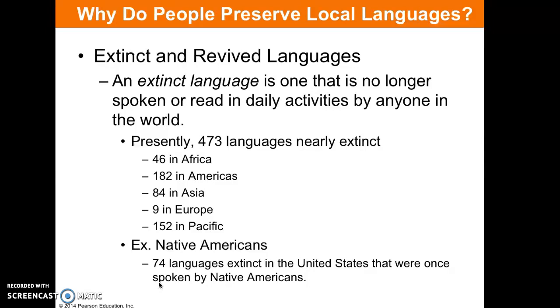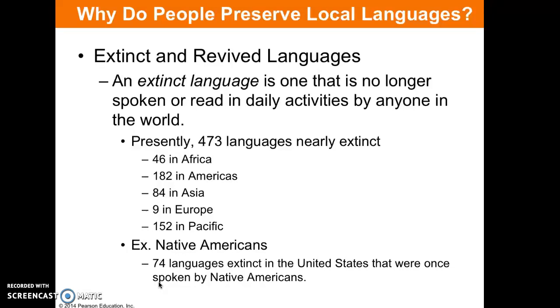So we have 46 endangered or nearly extinct languages in Africa, 182 in North and South America, 84 in Asia, 9 in Europe, and 152 in the Pacific Islands. Because each of those islands in the Pacific Islands speak one language or more than one language, and they're dying out. So in the United States, Native Americans, we have 74 extinct languages that we know of that were spoken